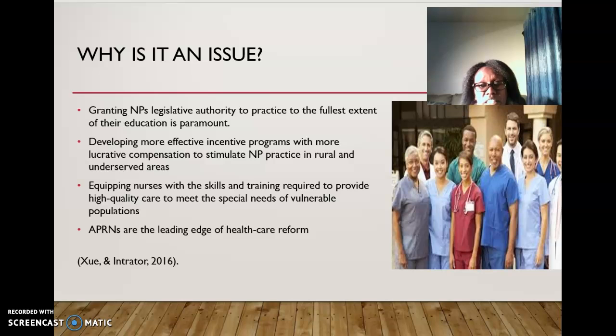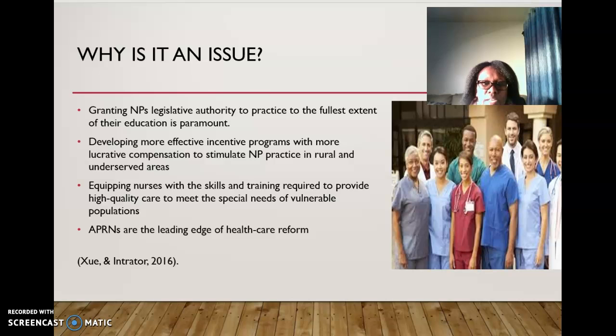Developing more effective incentive programs with more lucrative compensation to stimulate NPs to practice in rural areas and reserve areas. With these incentives, most of the nurse practitioners will be able to serve the rural and this vulnerable population. It appears that most of the vulnerable population live in rural areas and reserved areas, and most of the providers prefer to serve communities, especially in urban areas. So some of these incentive programs will stimulate the nurse practitioners to practice in rural and reserved